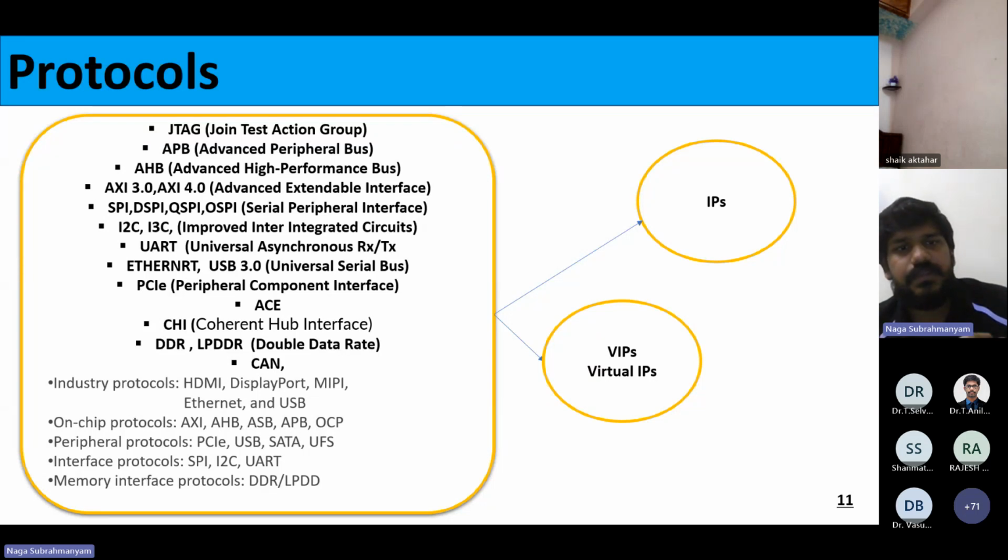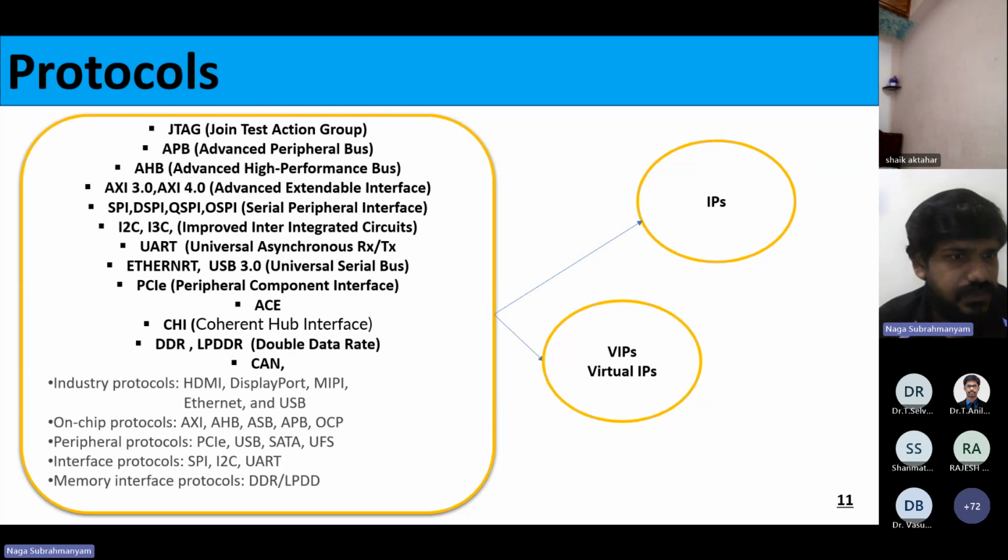If the comparison does not match, there are two things. One, you have to cross-check whether the IP is producing proper data or not. And another thing is whether your VIP is producing the proper data or not. Is your VIP working and verifying properly or not? Okay, there are two different things. One is design. This is IP, it comes from the design. I forgot to mention design here. These VIPs completely belong to verification only. Okay, IPs completely belong to the design.